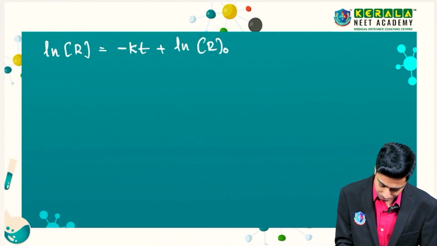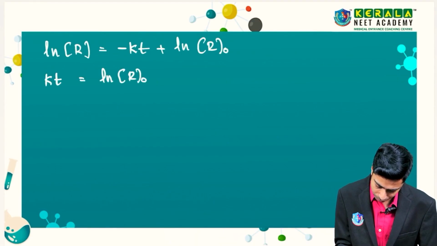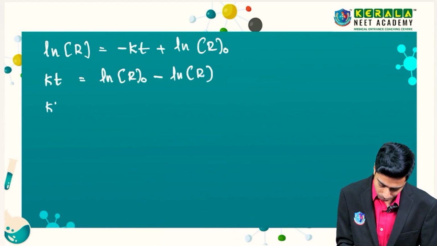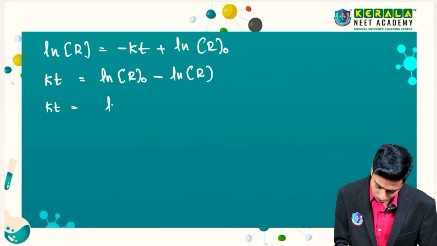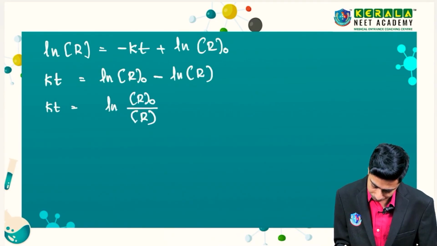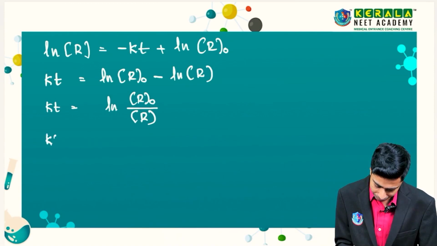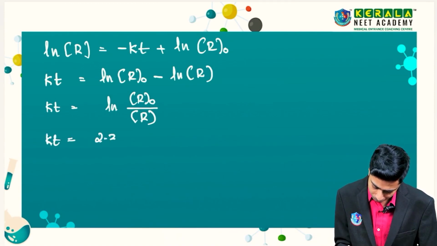We'll get kt is equal to natural logarithm of r0 minus natural logarithm of r, or kt is equal to natural logarithm of r0 divided by r, or kt, that is equal to 2.303 log